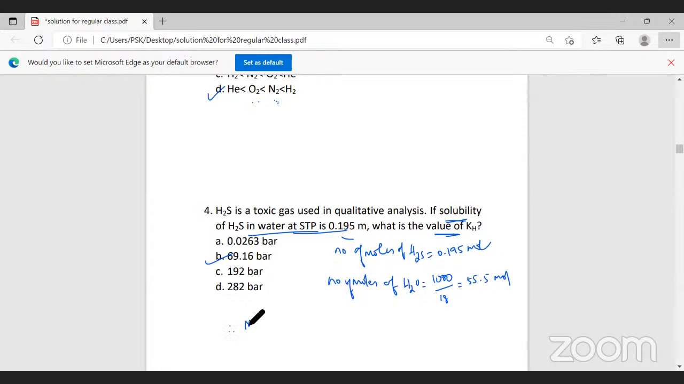Hence, the mole fraction. What is the mole fraction of H2S? The mole fraction of H2S is equal to 0.195 divided by 0.195 plus 55.5. So that will be equal to 0.0035. This is the mole fraction of H2S. Now,